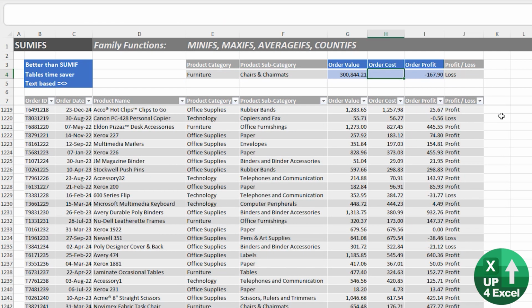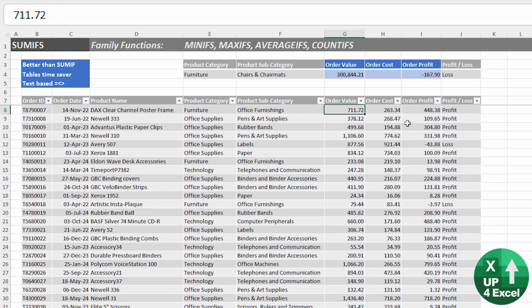And the other thing people don't necessarily realize you can do with the SUMIFs function, and of course I should say all of this applies to these family functions as well, the MINIFS, MAXIFS, etc. All of them you can put in text-based criteria. So if you want to know the total order costs that have been greater than 1,000, for example, I can put in